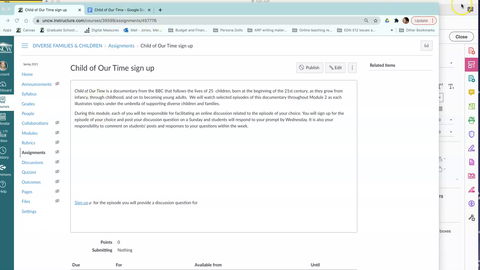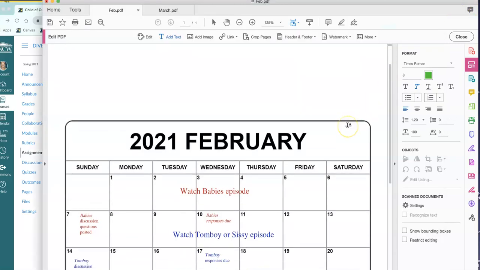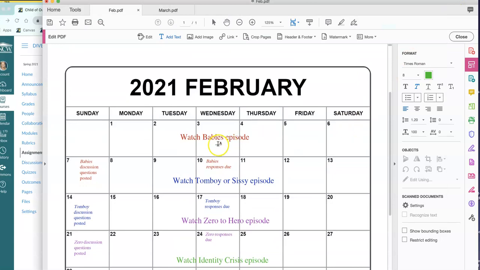And so here's how, for me, I'm visual, so maybe this calendar will help you. If it does, print it out. So to get started, starting on Sunday the 31st, sometime during this week, everybody should watch the Babies episode. This is the first one that we're starting with. This is in addition to the other assignments that you have that may be due during this first week. But I just wanted you to see that, okay, during this week, I need to watch the Babies episode.